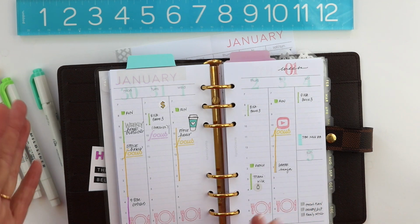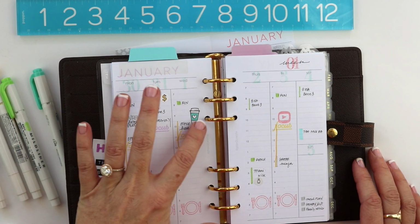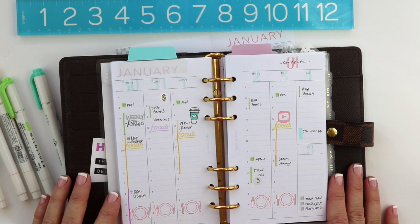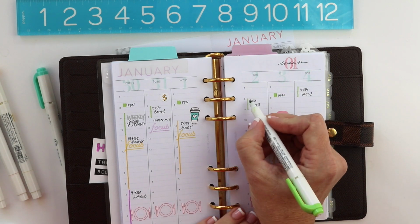So those are just ways, and this page is predominantly, there's some inks involved here and a couple of stickers, but predominantly this is a lot of just mildliner usage here that creates this full colorful display of what's going on in my week. Something else to mention is that you could, if you don't really like that sparse